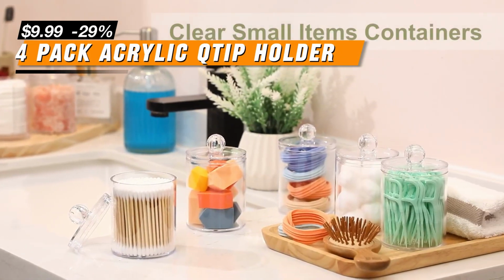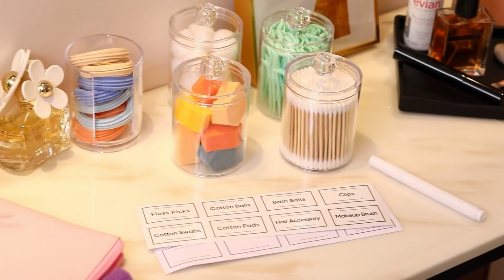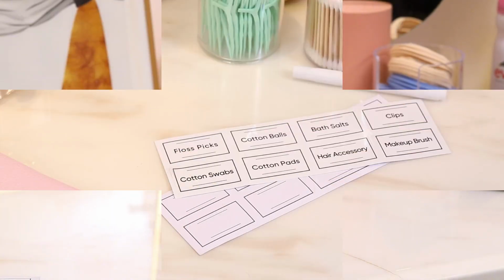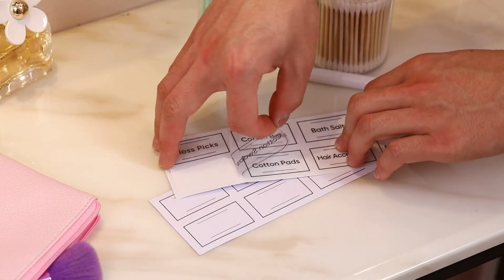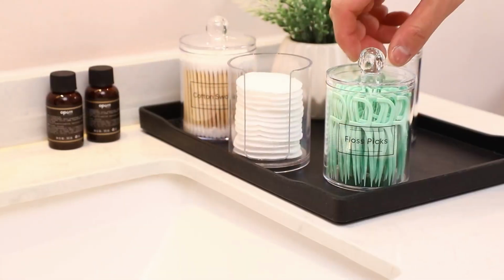Keep your bathroom essentials stylishly organized with the Adhesive cotton swab holder and dispenser. This sleek and compact set includes clear acrylic containers, perfect for storing cotton swabs, rounds, or other small bathroom items. The transparent design not only makes it easy to see when it's time to refill, but also adds a modern